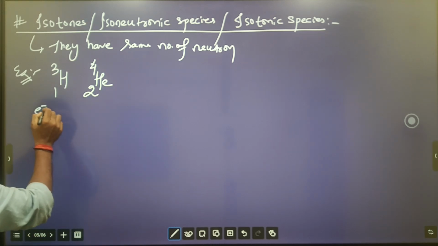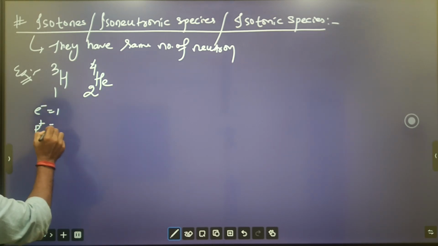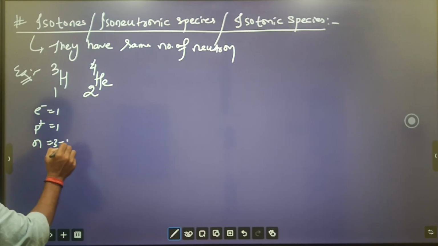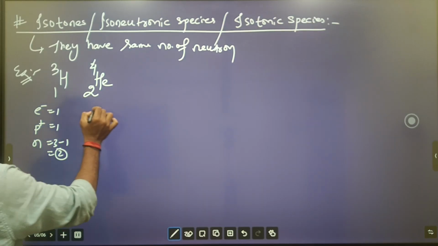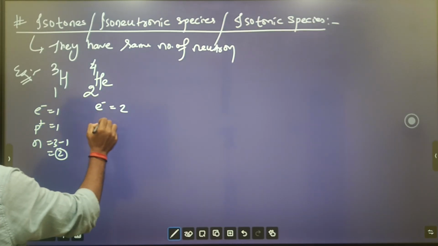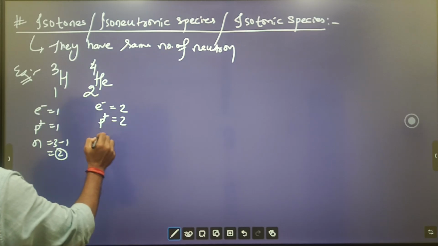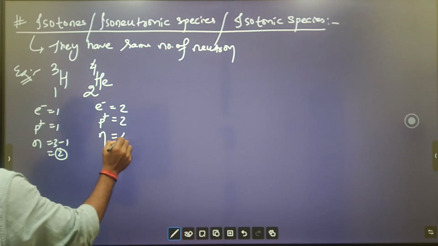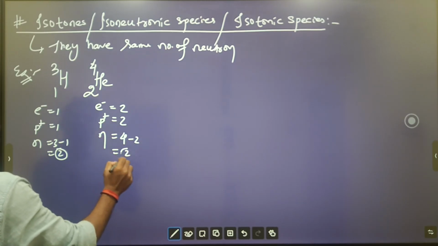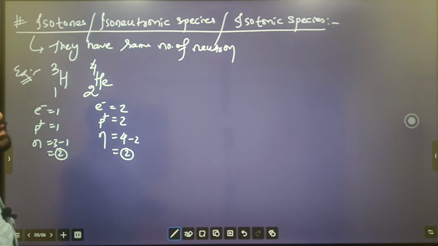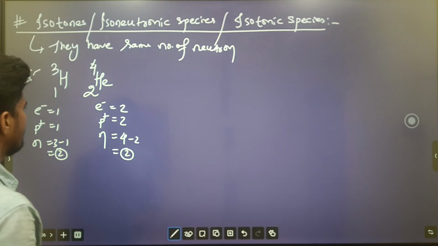So in this case, electron 1, proton 1, neutron 3 minus 1 equal to 2. In this case, electron 2, proton 2, okay, and neutron will be 4 minus 2 equal to 2. That means the number of neutrons is the same. Okay,